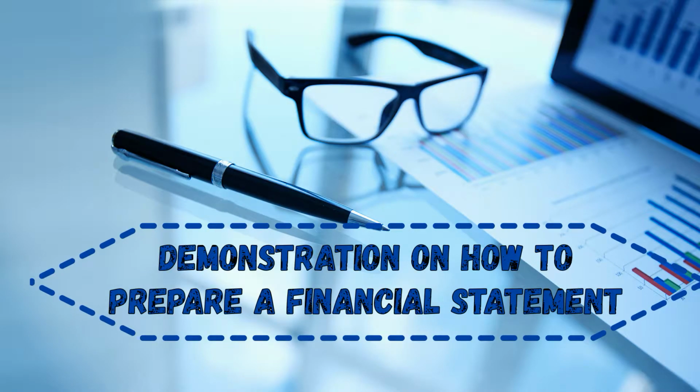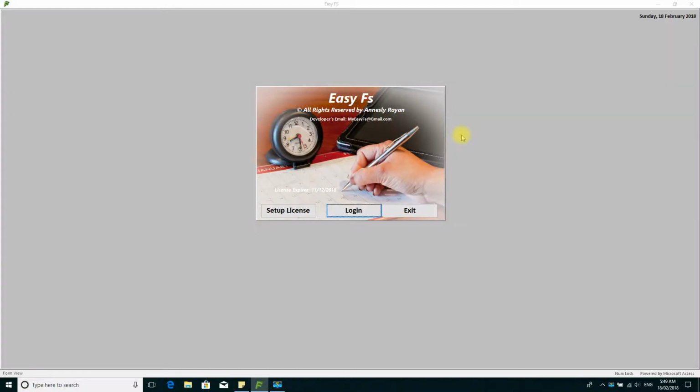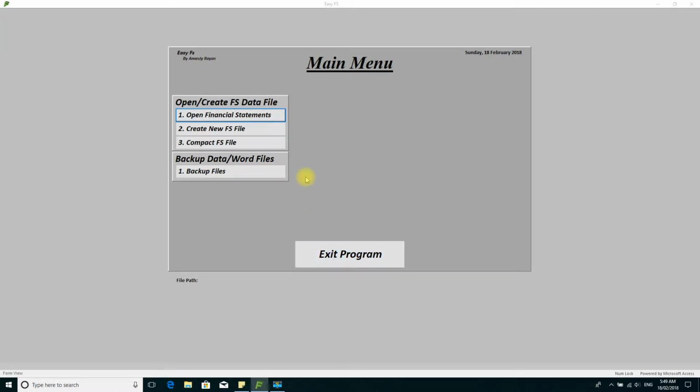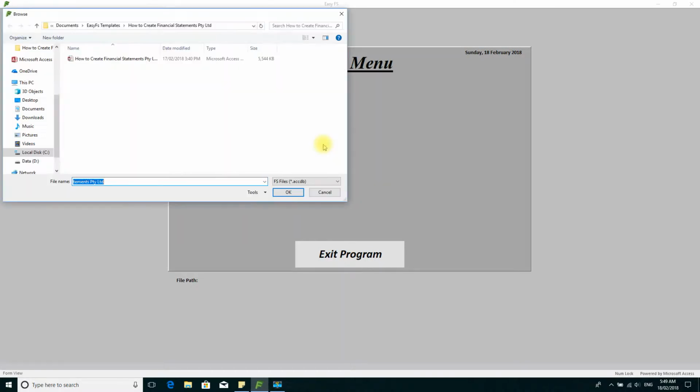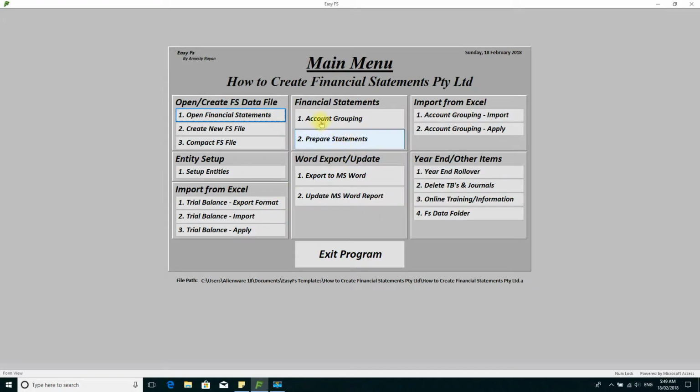Now let's have a look at how all this is performed in the software. Let's first open up a financial statements which I've set up to demonstrate how you go about preparing financial statements. I've opened up a financial statements and I've named it how to create financial statements proprietary limited, just for this